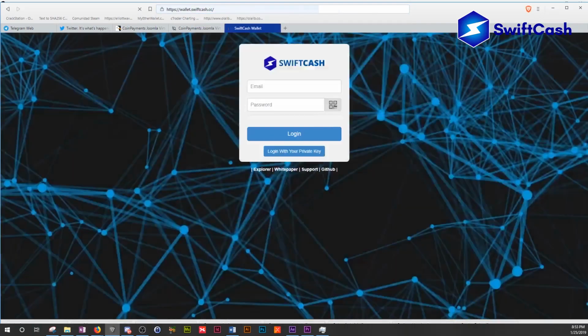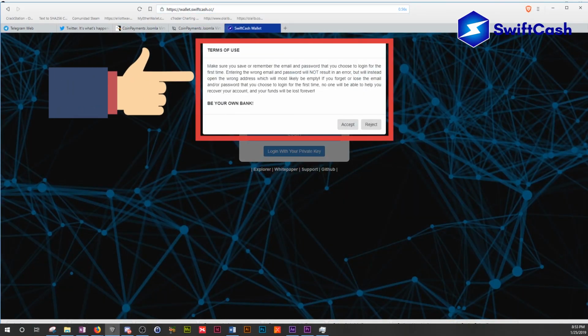The open source aspect of the wallet and the fact that it is hosted on GitHub can give users the confidence that nobody saves their private key, and in fact, their private key never leaves their browser and the transactions are signed locally. This means that users will have full control over their funds just like they do in SwiftCash core wallets. As usual, with higher security comes more responsibility, so users need to pay careful attention to the warning